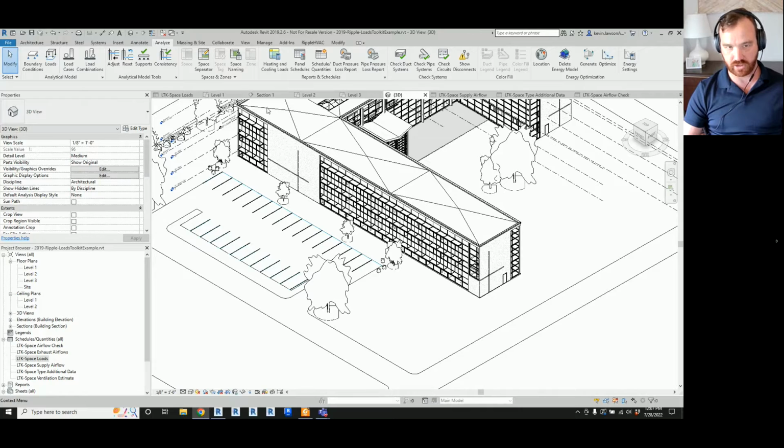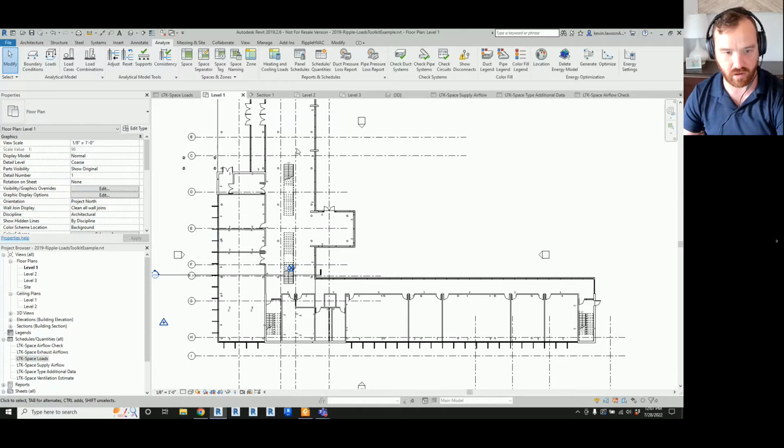I'll be doing this demonstration with just the standard heating and cooling loads, but that's a very small part of the data aggregation that Ripple does for you. So with that, I say let's get started on the demo. So this is the